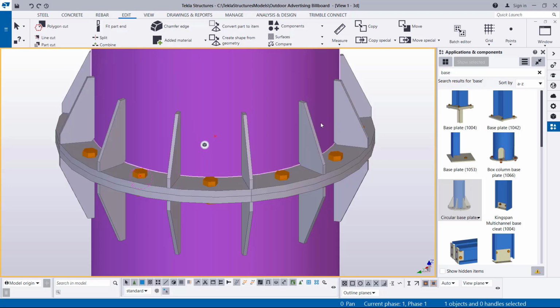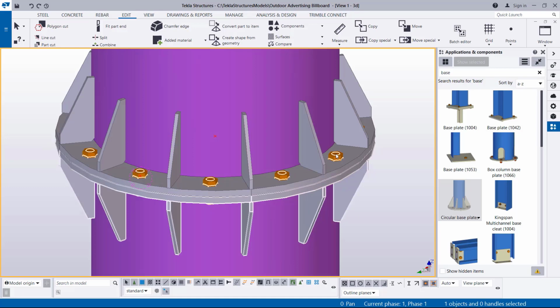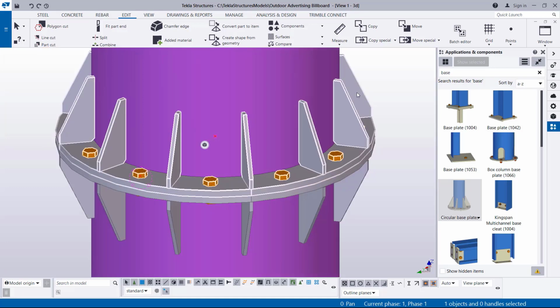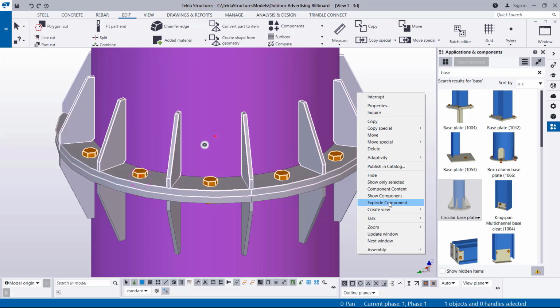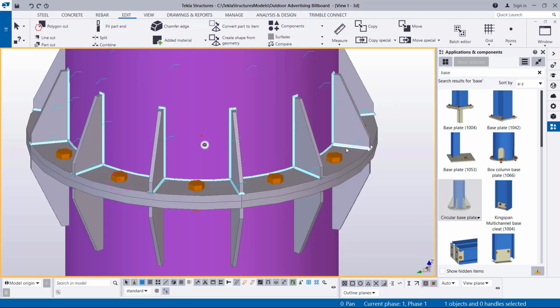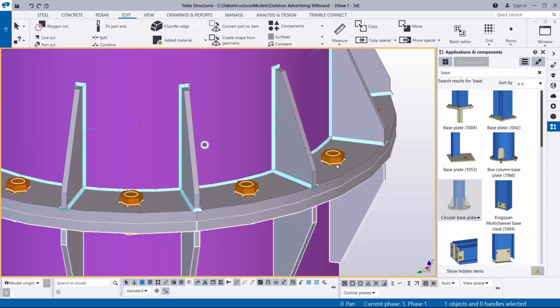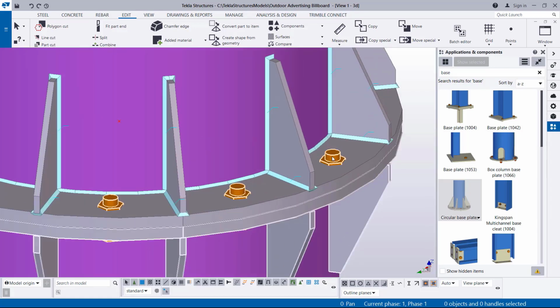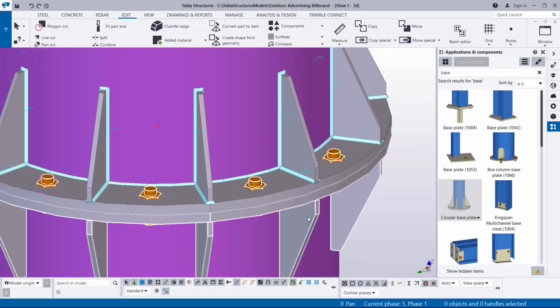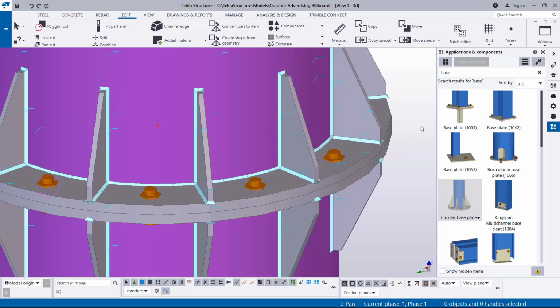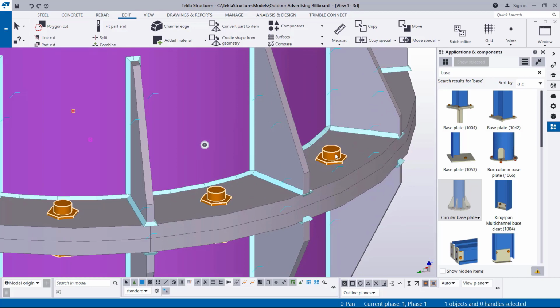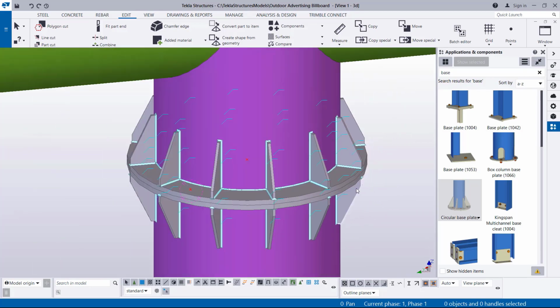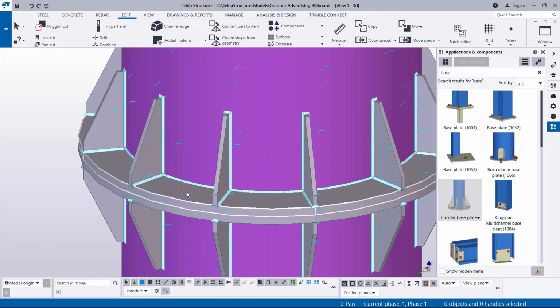So the next thing we want to do now is explode this. Once we explode, we'll be able to get rid of these bolts. So I select on this, then right click and come to explode. If I explode that, I'll now be able to handle these components as individuals. So I'll just select the bolt here, then click delete. I'll come to the bottom end here also on this bottom flange and select it, then right click and come to explode, and come to this bolt here, select the bolt and delete. So we have the bolts out of our